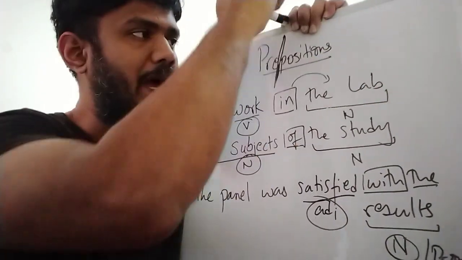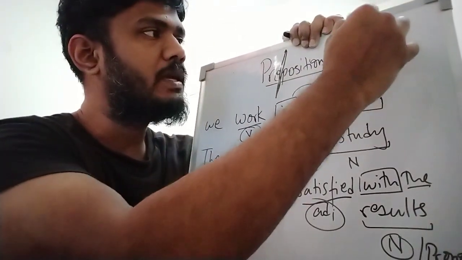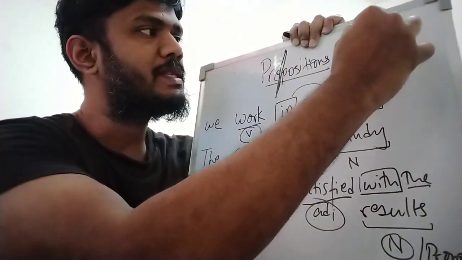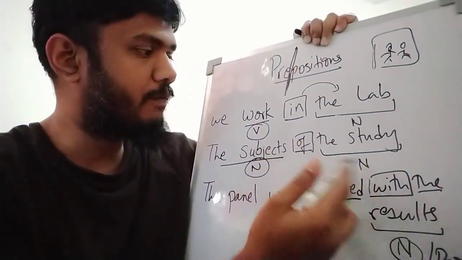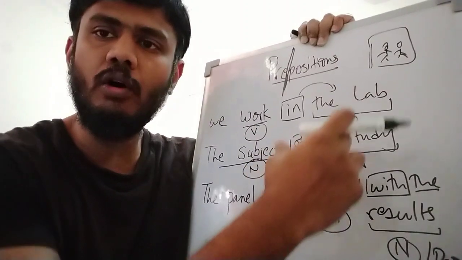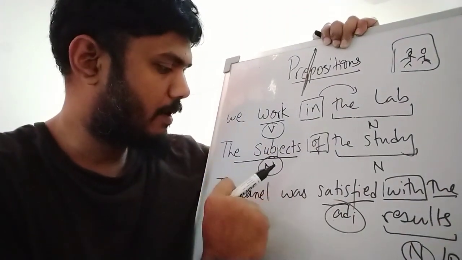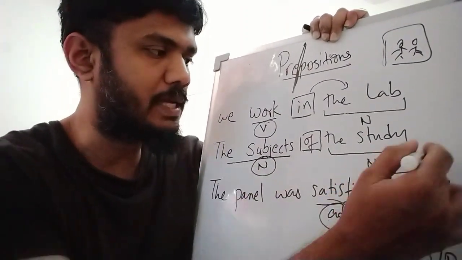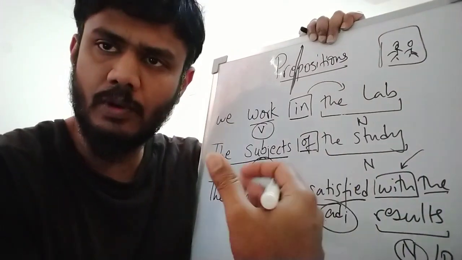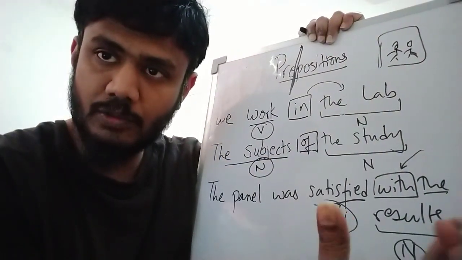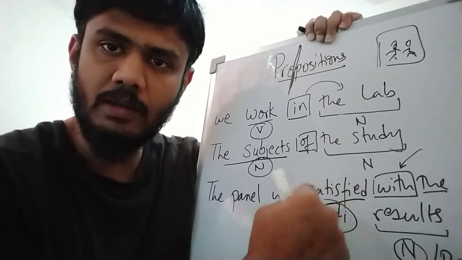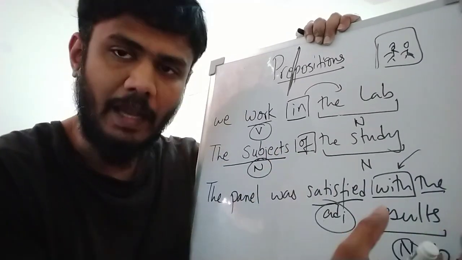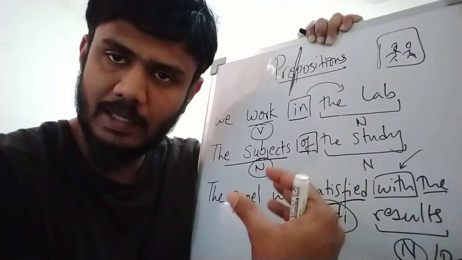So with respect to the lab, this is the lab, and we are inside the lab. So it gives us a position, right? The subjects of the study. So the subjects belong to the study, right? The panel was satisfied with the results, right? So the satisfaction was with respect to the results, right? So it establishes a connection between a noun which follows it and whatever comes before it, and it establishes a